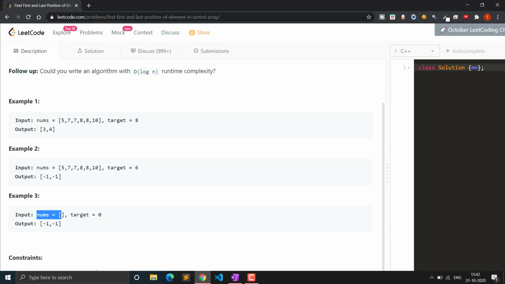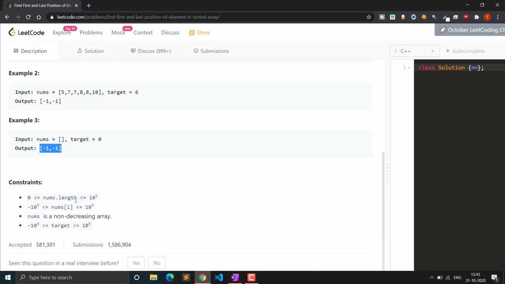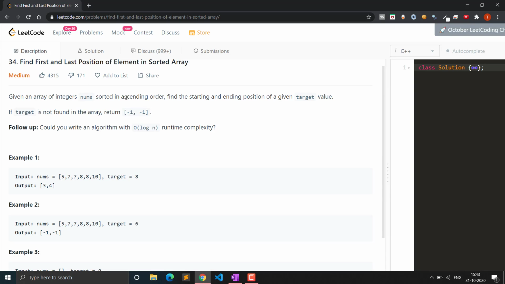And if there are no elements and the target is 0, the target can be anything. If the array is empty, you will simply return -1 and -1. You can see the constraints also, numbers are not of big length, and the numbers array is non-decreasing, so that means it is sorted in ascending order, as it is given in the problem statement also.